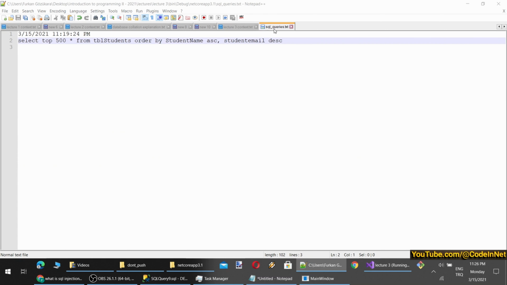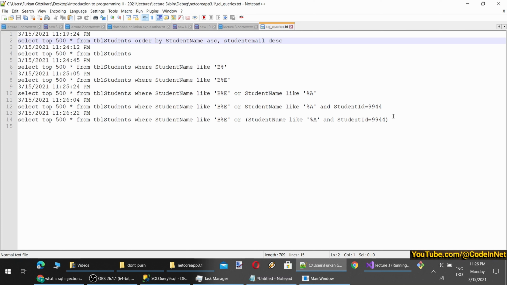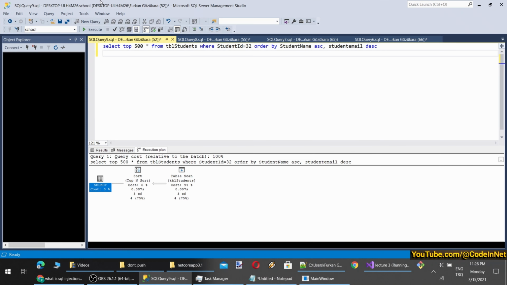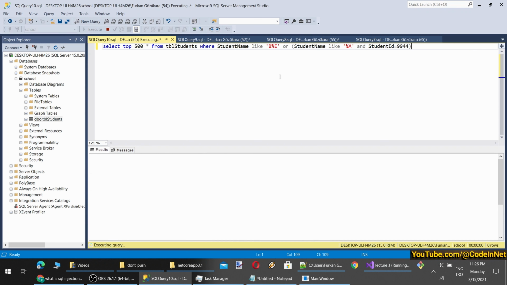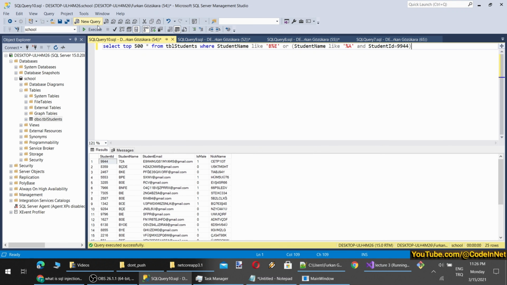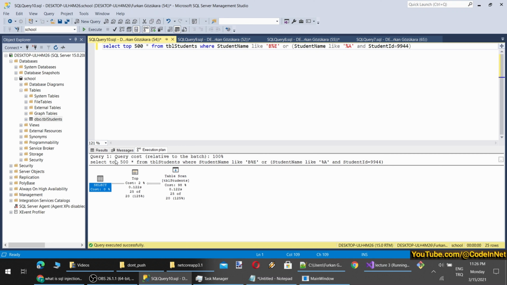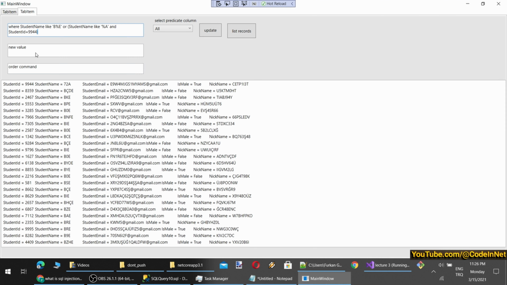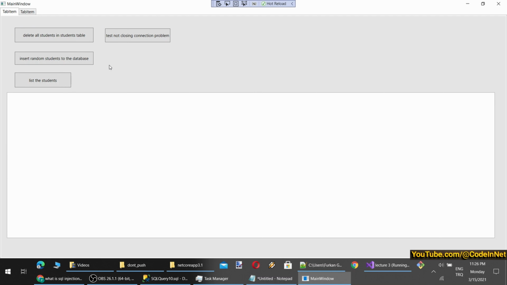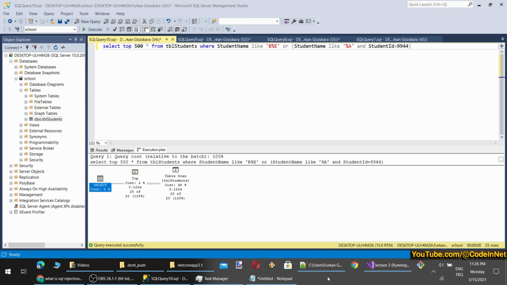And now our query file should be updated. Okay, you see all my queries are getting logged like this. I can copy them and run them in here and it would work the same. When I click actual execution plan, now it will show me. Okay, it doesn't make any index suggestions right now. However, if we add more records, then it may start showing us suggestions, but I will leave it to next week.